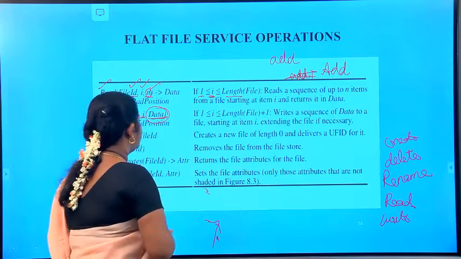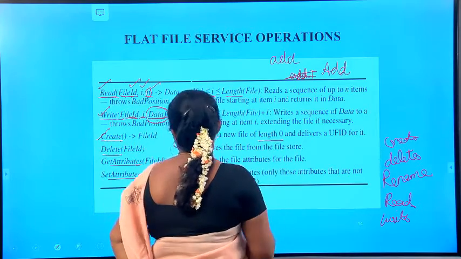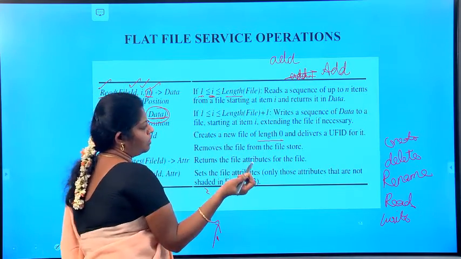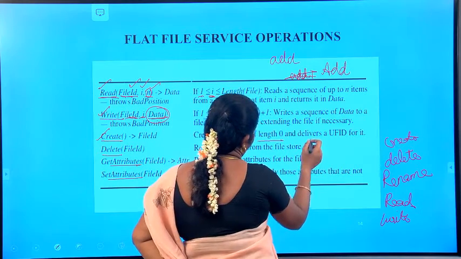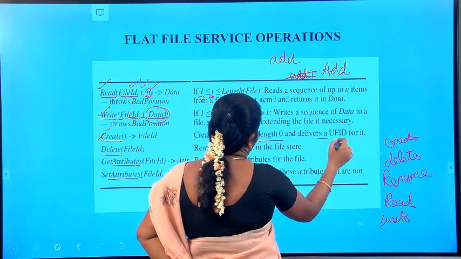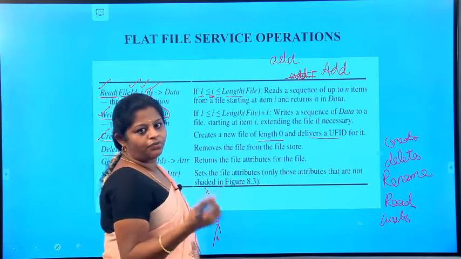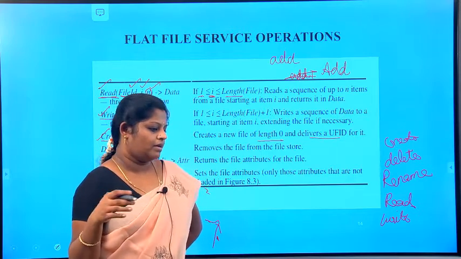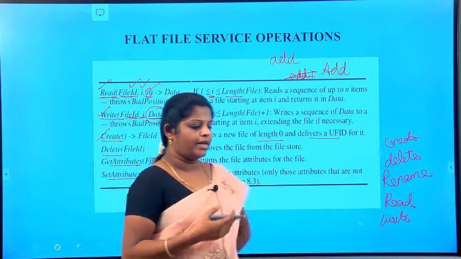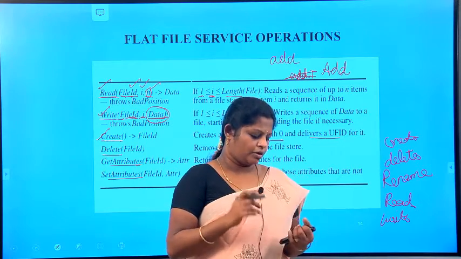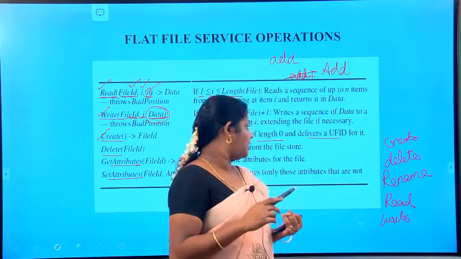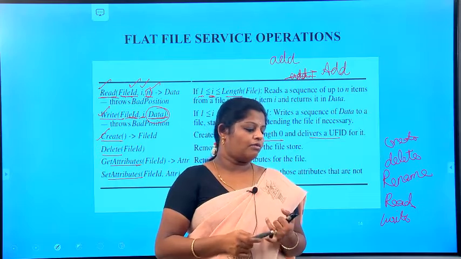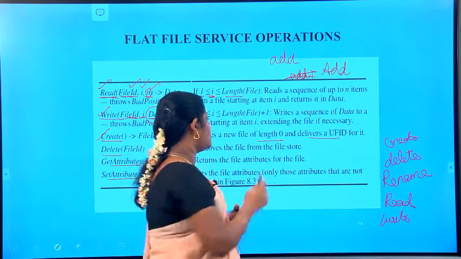And next one is create. Create means create a new file. Okay, and the length: create the new file of that length. Okay, length is not mandatory always. The length will be given automatically once you create it, and it delivers the UFID. You are going to be given the new file ID for that. That is what create does. It creates a new, empty file and returns the UFID, and that will be generated. Okay, so we need to create the new file, and that should be an empty file. While I am creating the file, obviously the first time it should be an empty file, and that will be returned to the UFID.